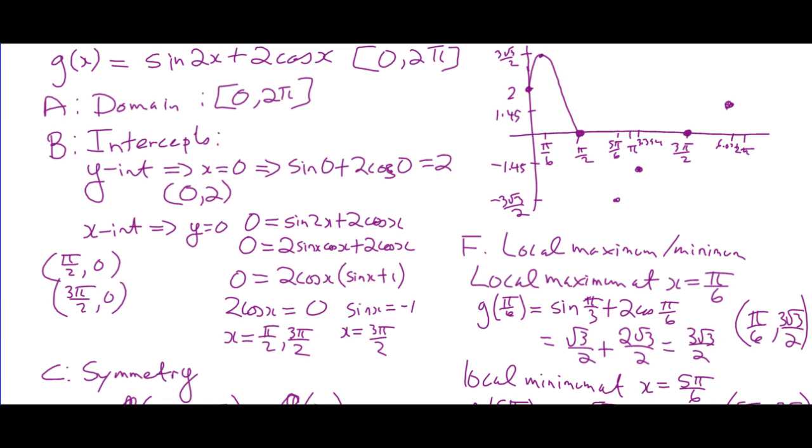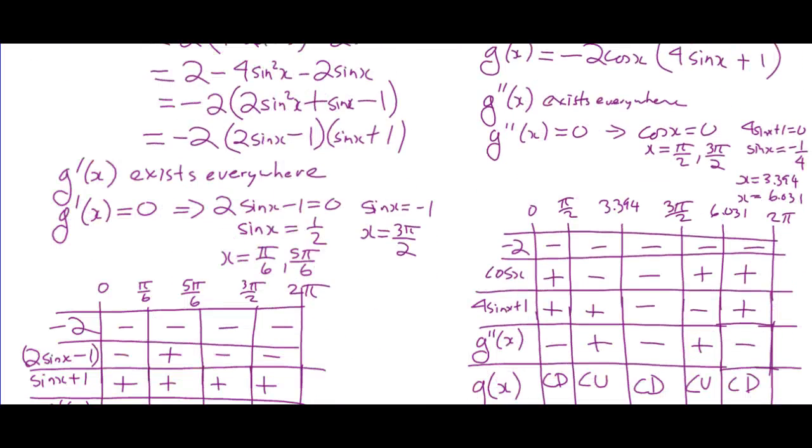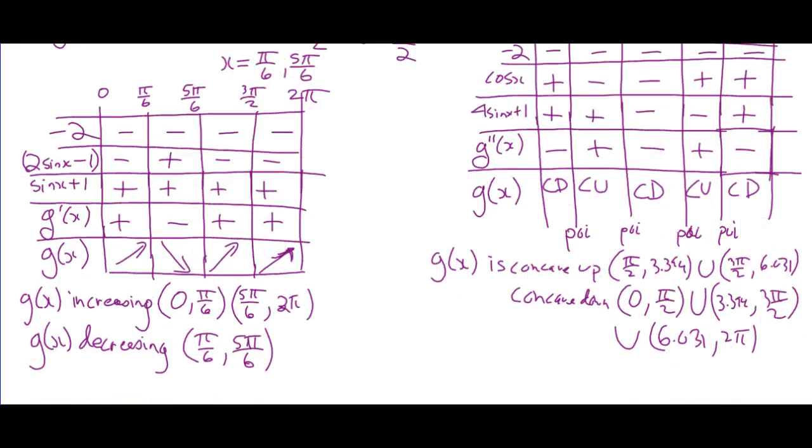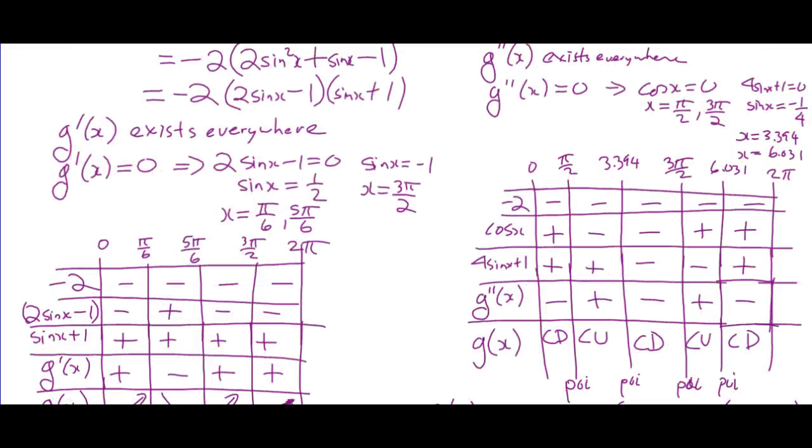Now concavity is going to change as it goes to the minimum. So it'll be concave up here, still concave up until that point at 3.4 some. Then here we've gone to concave down. Now we're still increasing here, right? Because it's an interval of increase. So 0 to pi over 6 is increase, and then 5 pi over 6. So going through 3 pi over 2, which is a point of inflection, right? I never actually wrote the points of inflection, but there's one at 3 pi over 2,